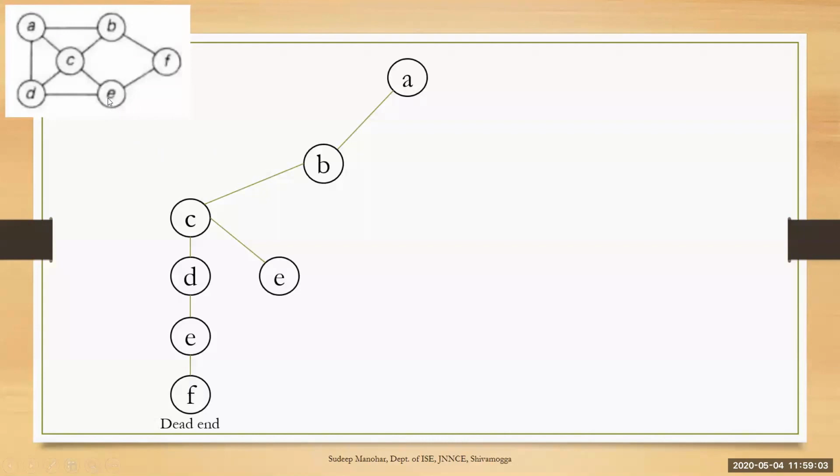When you are at E, now there are two options, D or F, because D and F didn't come in the path. C has already come in the path, so you don't consider this. D and F, which is smaller? D is smaller. Choose D. From D, you are at D now. Adjacent vertices are A, C, and E. A, C, and E all are part of the path. There is no route or path further for this D. D is a dead end.